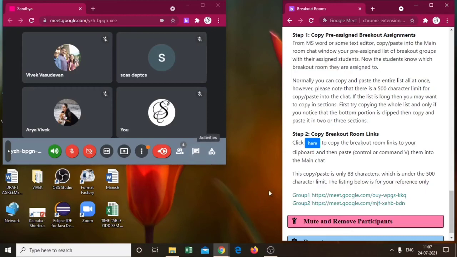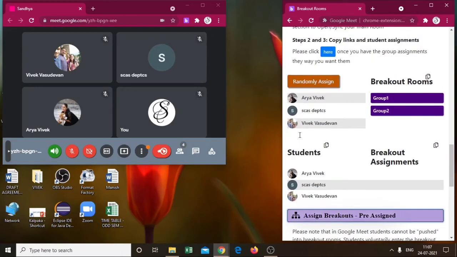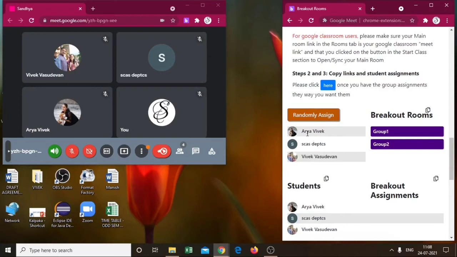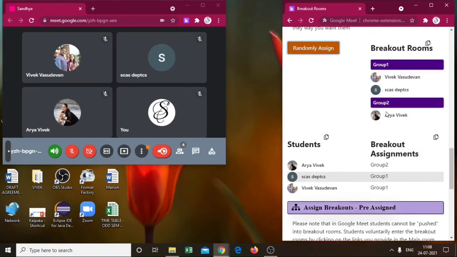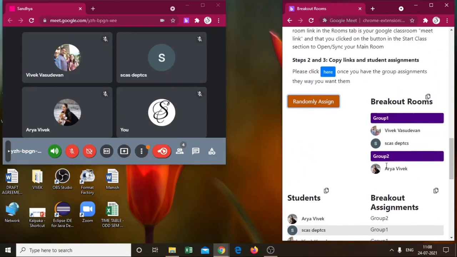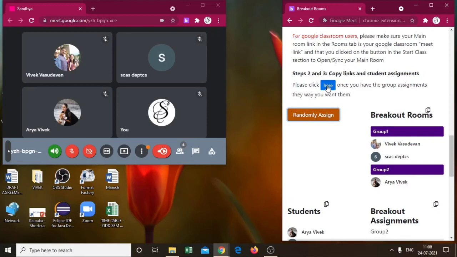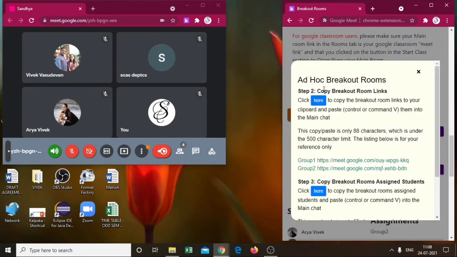Or else, if you randomly want to choose the groups and assign them to different groups, click on randomly assign. You can see that group 1 and group 2 students have been assigned to the first group and the second group. So now you want to tell them which group they belong to. So this is the breakout of the students and their breakout. Now you want to copy them. So click here and again press on that which is highlighted. It is copied,